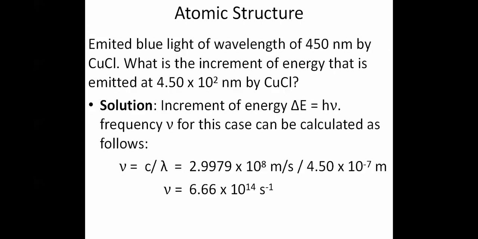So we look at an example. Emitted blue light of wavelength 450 nanometers by copper chloride. We have to estimate the increment in energy that is emitted at 450 nanometers by copper chloride. So the increment of energy, or change in energy, is equal to Planck's constant multiplied by v, the frequency. But what we have up there is the wavelength, so we need to calculate the frequency. That is why the first equation here